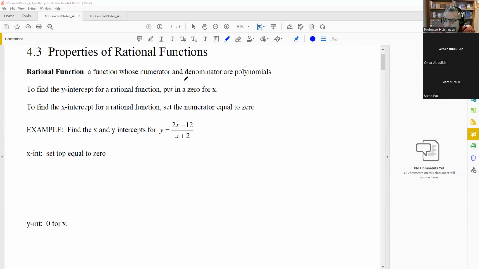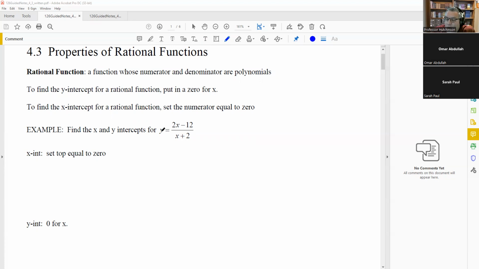So there are some rules that we follow in order to find the y-intercept and the x-intercept. It says to find the y-intercept for a rational function, we put in a 0 for x. That's what we would do for any function, just put a 0 in for x to find the y-intercept. But to find the x-intercept, we're going to set the numerator equal to 0. The reason is that, let's suppose we put a 0 in there for y,